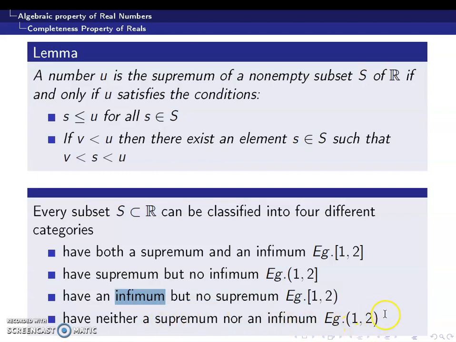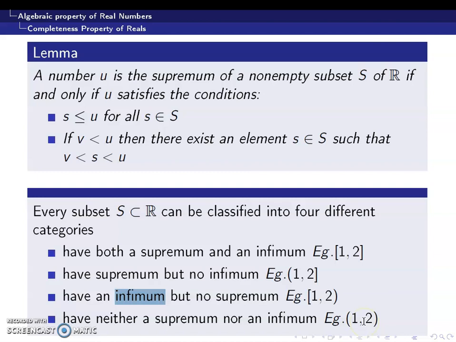Consider the open interval (1, 2). So 2 is an upper bound since every element of the open interval (1, 2) is less than 2. And every element of the open interval (1, 2) is greater than 1 as well. So 1 should be a lower bound and 2 should be an upper bound of the set. Clearly, any element which is less than 2 cannot be an upper bound of the set.